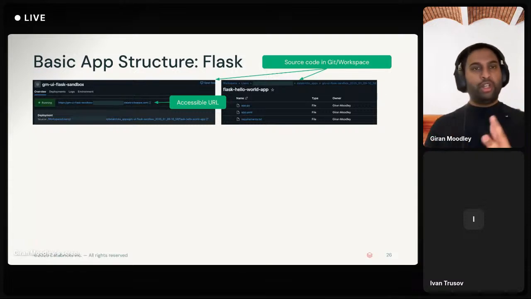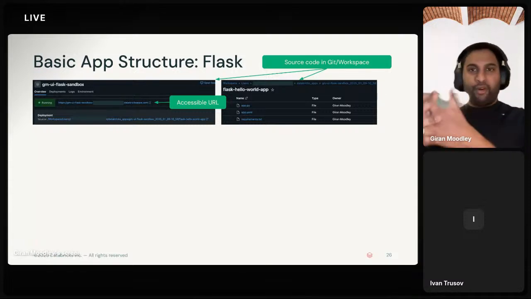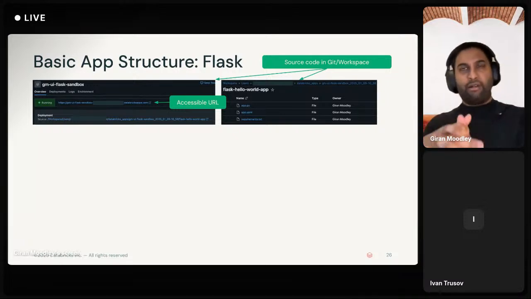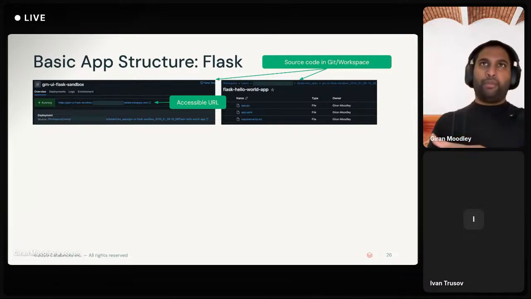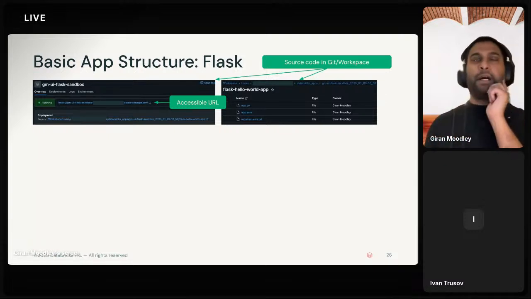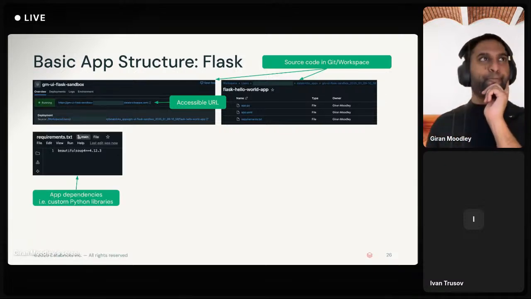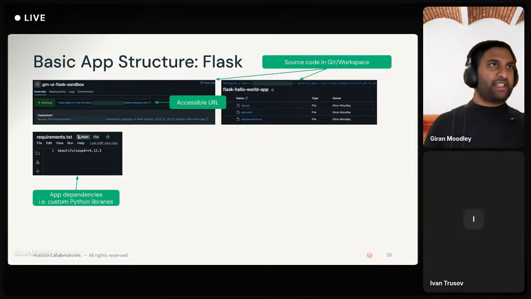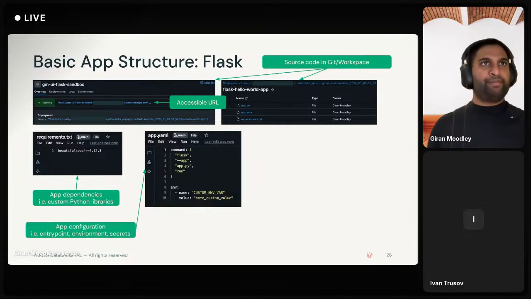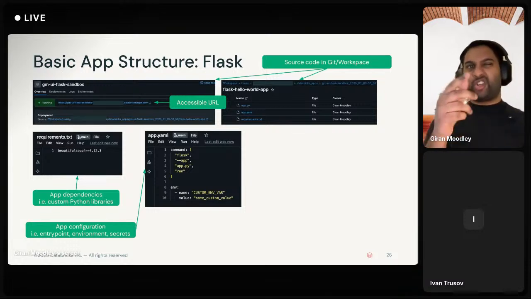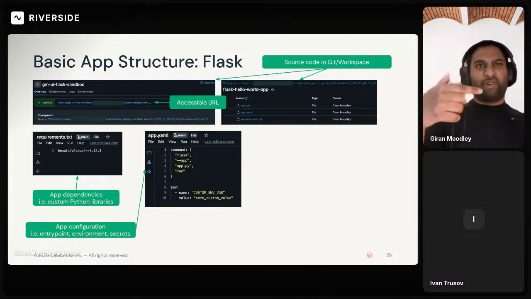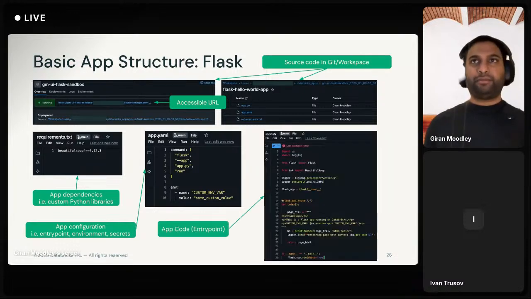Key thing with this as well is, we also support Git folders. So the idea there is, you would develop code locally, push it up, have that checked in, and use that within Databricks today. In this example, in the requirements text, I've created a custom library entry for Beautiful Soup with a specific version. In the configuration file, I've specified a very simple application command to run. In this case, I'm passing in flask app run, as well as a custom environment variable, but we can also supply secrets there, which can be referenced.